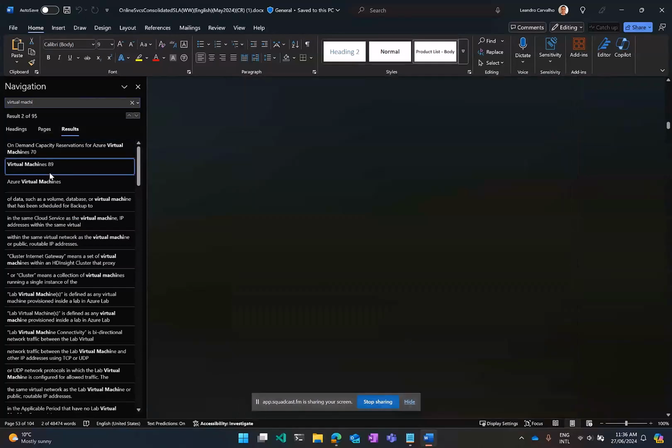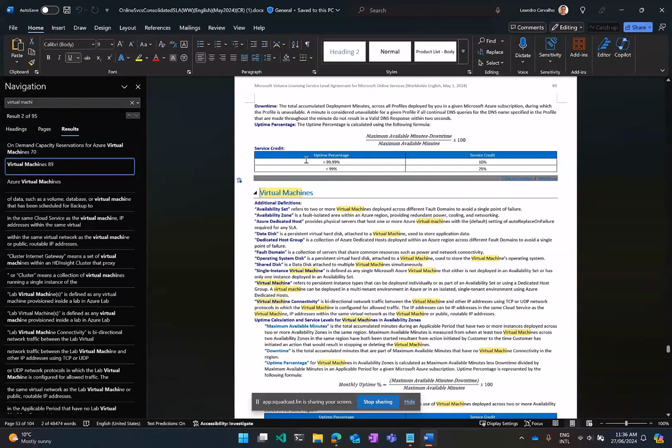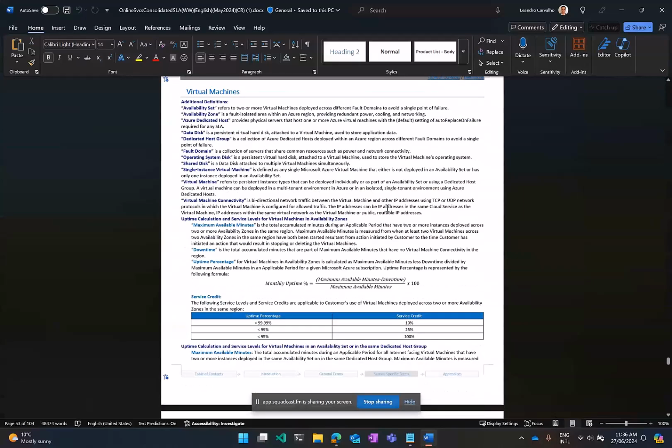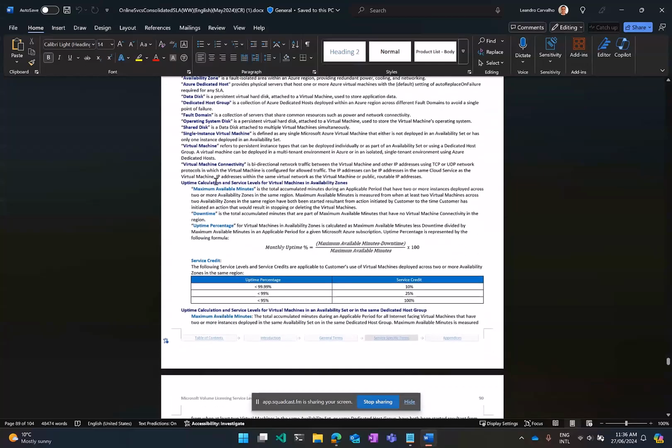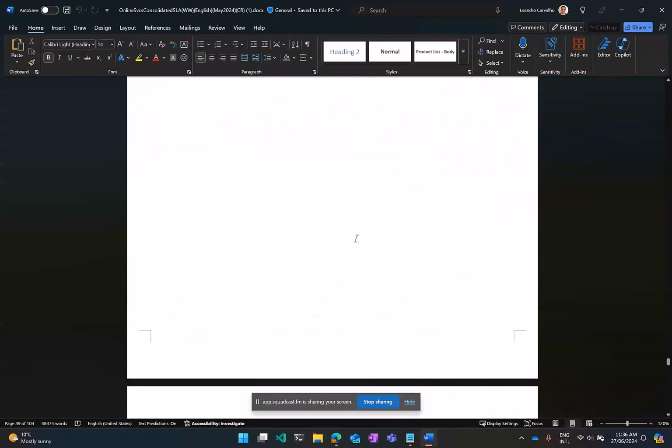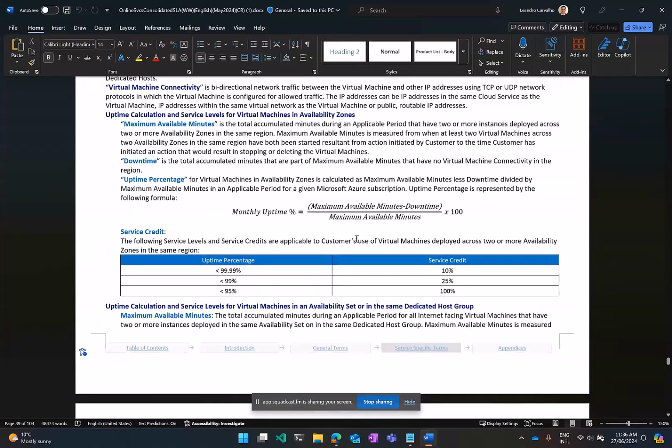Page 89, cool. Have a look here. We talk about some of the definitions and what is the maximum available minutes, the downtime, uptime, percentage, and what have you. But have a look at what's written here. So we have different ways of deploying virtual machines. If you deploy a virtual machine across two or more availability zones in the same region, the uptime SLA that we